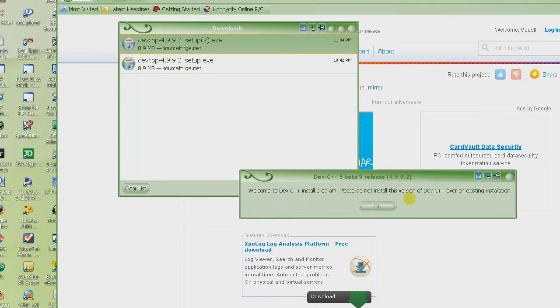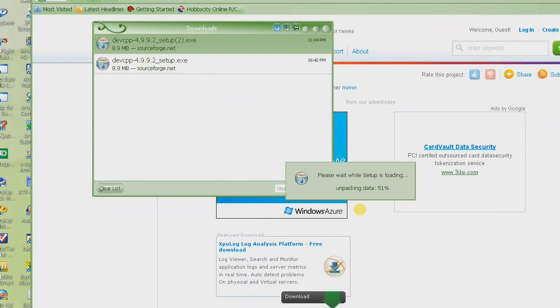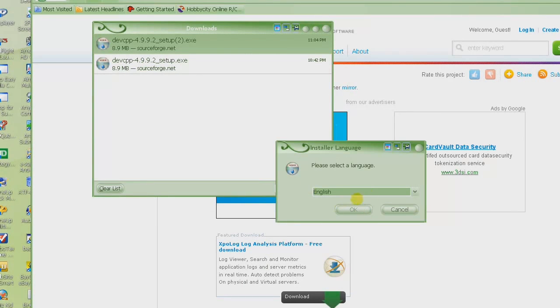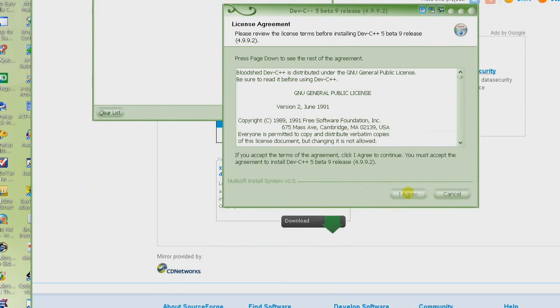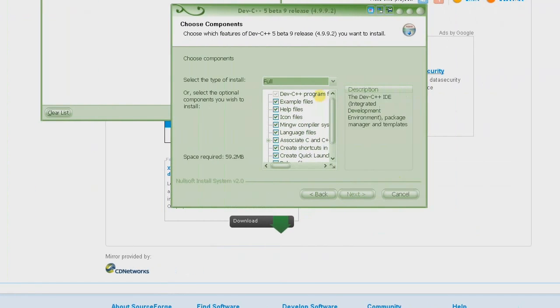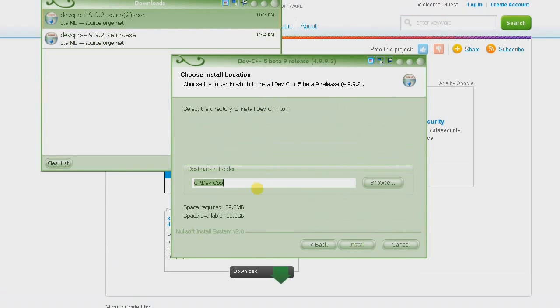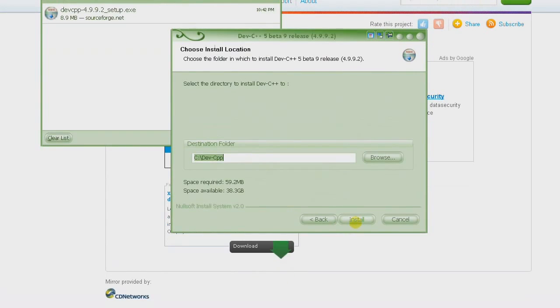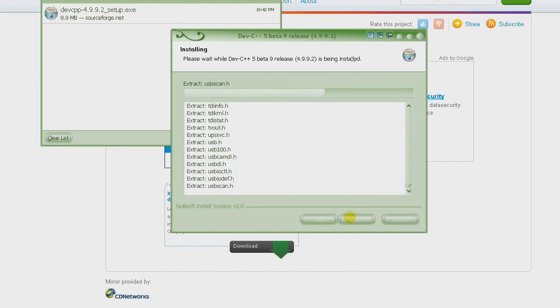You say run, and it basically says to make sure you don't have any other version installed, and then choose the language, which is English, and click on I agree, and pretty much install everything that it's trying to install. And then it's showing this directory where it's going to be installing this compiler and IDE. Just click on install. Just leave it there at the default directory. It will finish installing,